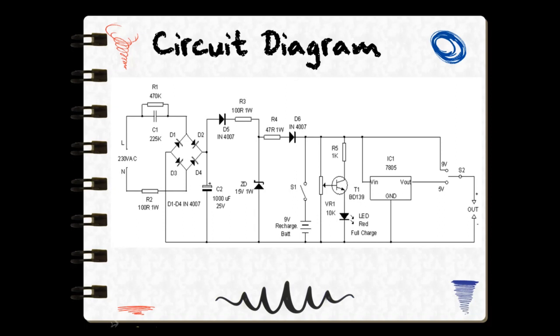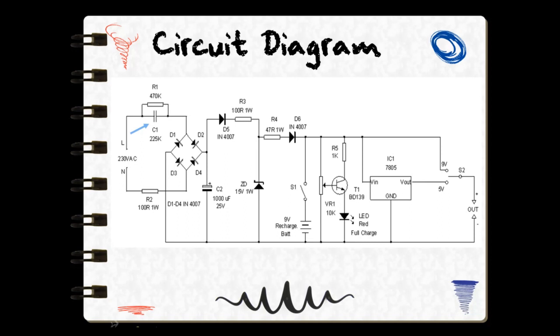The circuit has two sections. The front end is a charger section. Here we have a 230 volt mains supply. Then we have a capacitor C1 which is used as a substitute for a transformer to produce low volt DC power supply from mains, as it is a simpler, space saving and low cost method.